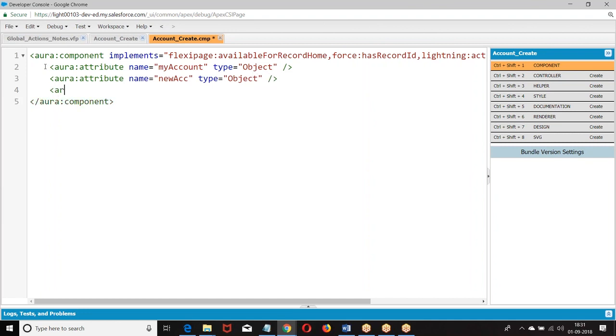So we are going to create force record ID.